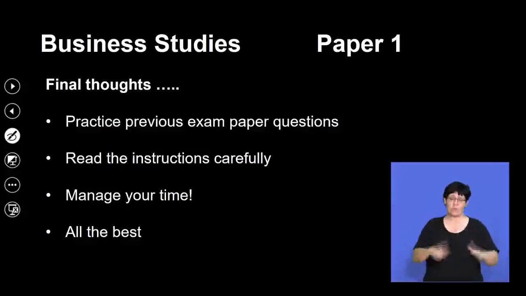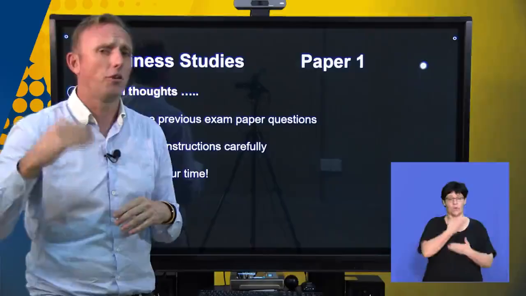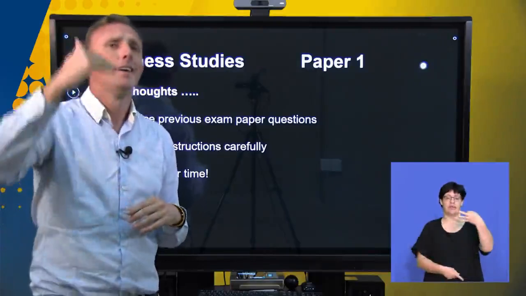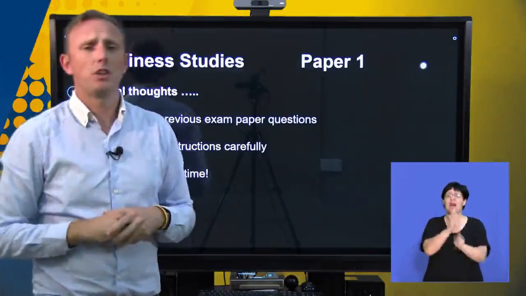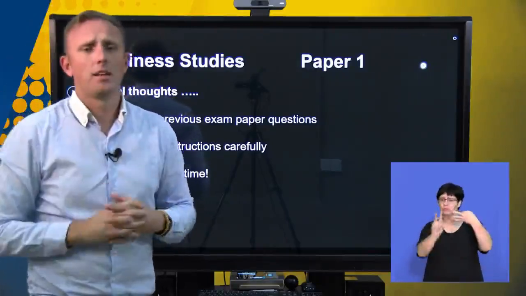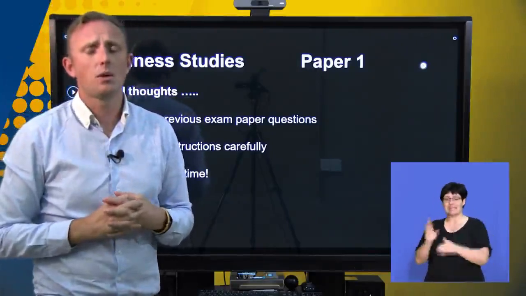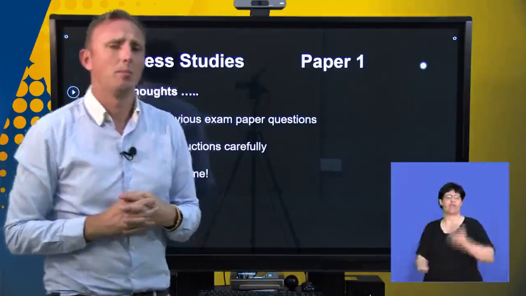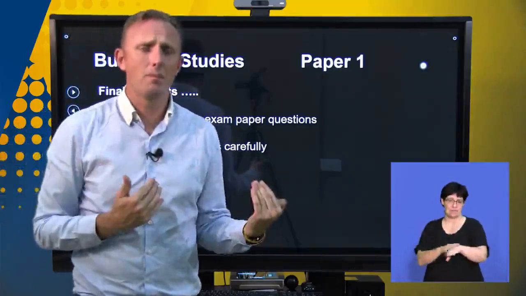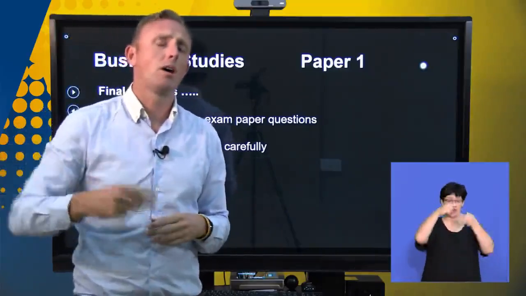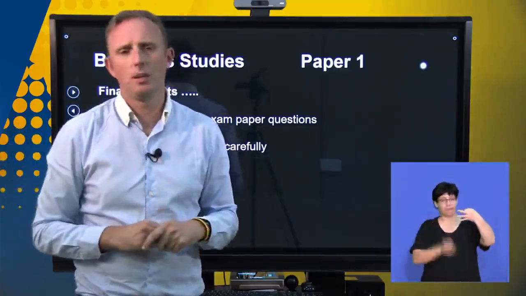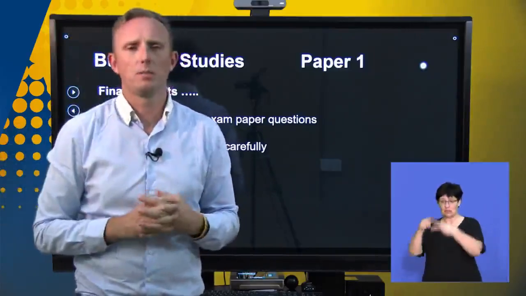Read the instructions very, very carefully. A lot of matriculants don't read the instructions. They answer all 3 questions from section B, and they answer the 2 essay questions from section C. You're going to be wasting a lot of time there, and the markers will only mark the first 2 questions from section B, and they'll only mark 1 question from section C.